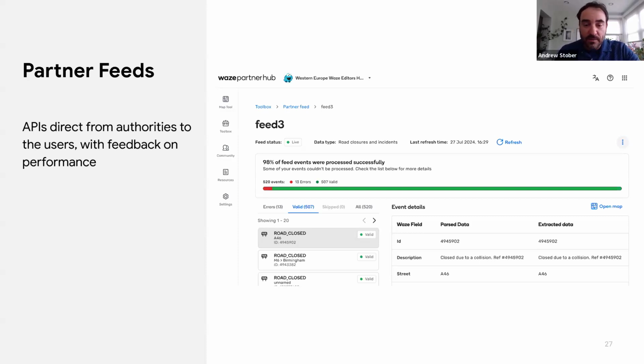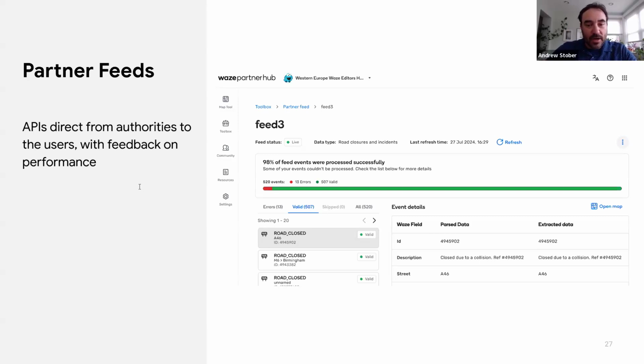And a new feature that we have launched is the feedback feature. So we let you actually see how your feed is performing in real time. So here's an example of a feed that you can see here. It sent us 520 events. 13 of those haven't been posted to the map for some reason, and we allow you to click through and you can get details on what's not working. You could also get validation that the data that's flowed through has appeared on the map.